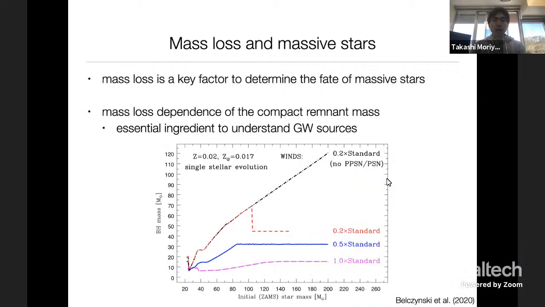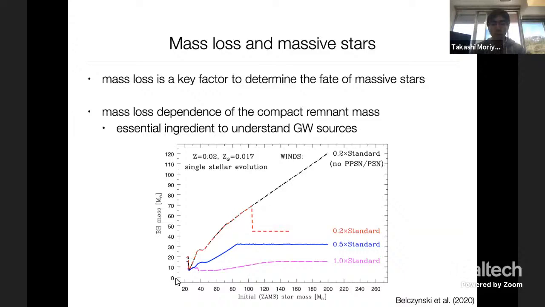And as I said, I would like to focus on the mass loss of these massive stars. And mass loss is a very important factor determining the fate of massive stars. And of course, in the current era of gravitational wave astronomy, this is getting more important because this mass loss determines the final remnant mass of this massive star